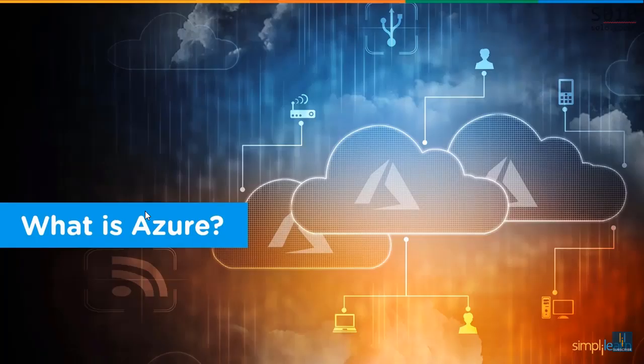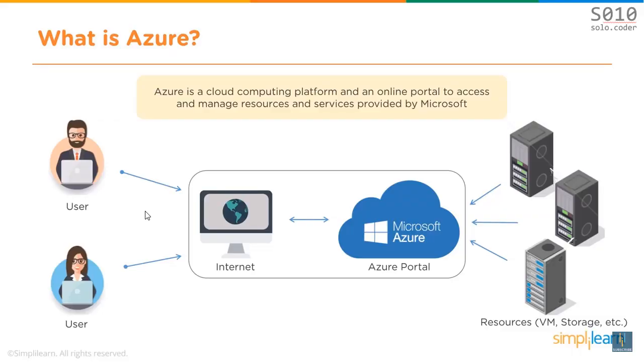So now, what is Azure? What's the big cloud service provider all about? Azure is a cloud computing platform provided by Microsoft. It's basically an online portal through which you can access and manage resources and services. Resources and services are nothing but, you can store your data and you can transform the data using services that Microsoft provides. Again, all you need is the internet and being able to connect to the Azure portal. Then you get access to all of their resources and their services. In case you want to know more about how it's different from its rival, which is AWS, I suggest you click on the top right corner and watch the AWS versus Azure video so that you can clearly tell how both these cloud service providers are different from each other.